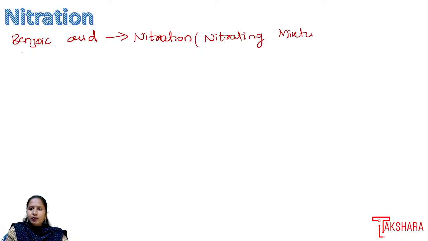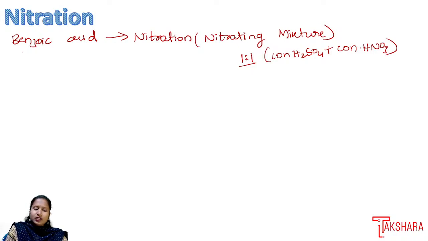So it is nothing but what? A 1:1 ratio of concentrated H2SO4 and a 1:1 ratio of concentrated HNO3. Okay, a 1:1 ratio of concentrated H2SO4 and HNO3, and they are going to form the product